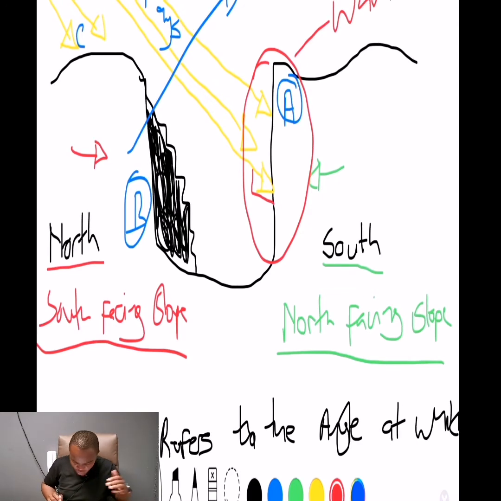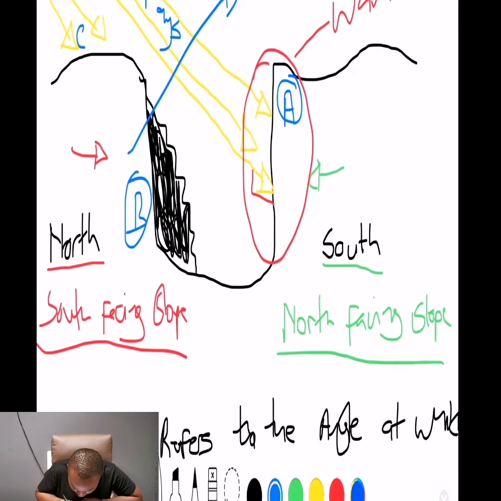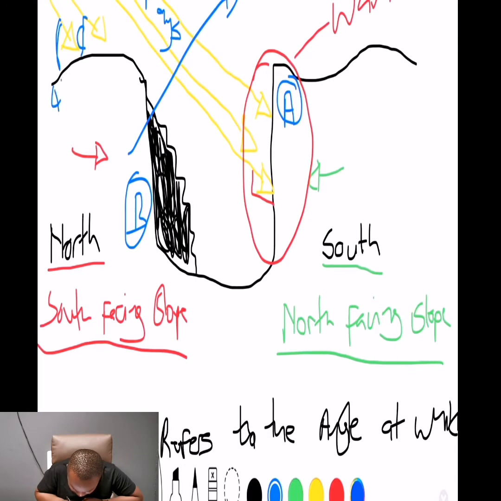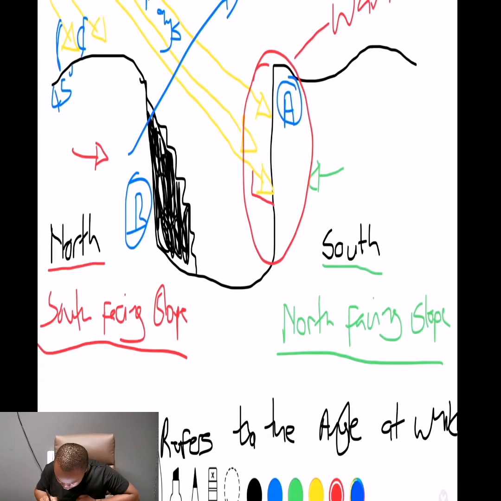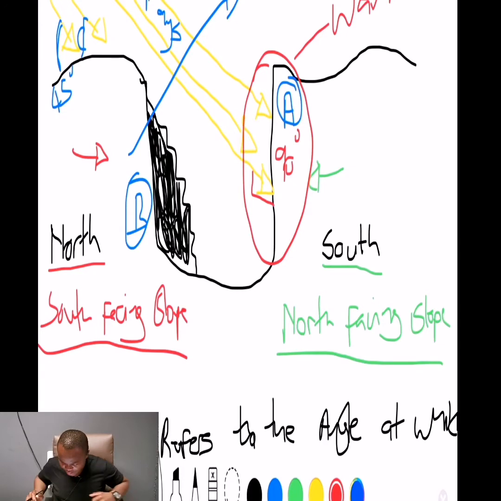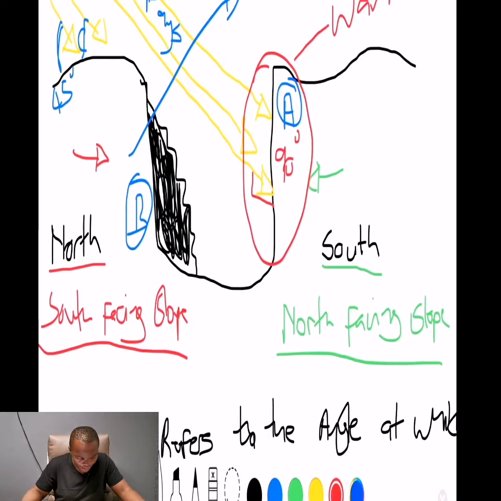And then again, let us go to area C. Area C receives little of the insolation. This area here receives around 45 degrees of the insolation, whereas the one located on the north-facing slope receives 90 degrees. You see that the sun heats at 90 degrees, and on slope C, the sun heats at 45 degrees. Okay, so you need to know this diagram here.